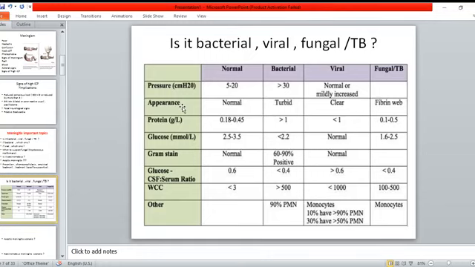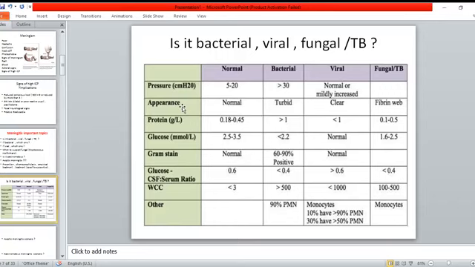Think in TB or fungal infection. High protein, low glucose, and neutrophils, think in bacterial infection. In viral infection, all the parameters usually may be borderline. So the protein may be normal, just minimally elevated, and glucose usually within normal, and usually the cells also are lymphocytic, mainly lymphocyte cells. So it's a lymphocytic